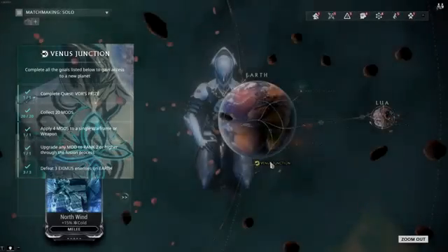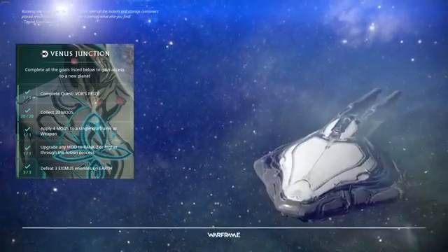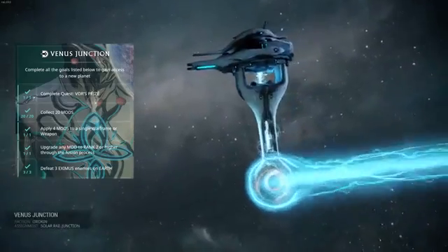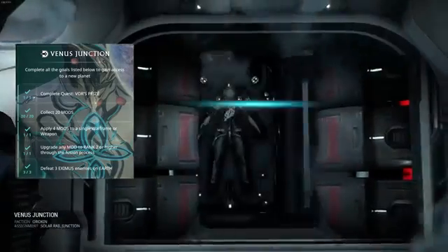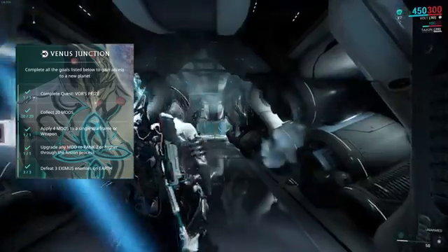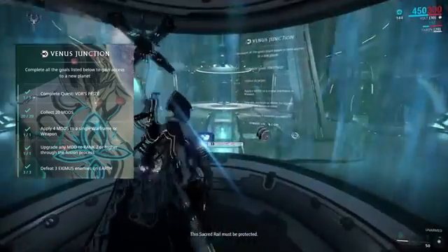Next up in the list was to make my way over to Venus, and to get there I had to complete the Venus Junction. The Venus Junction has a couple of things that I needed to do on it, namely complete Vor's Prize, which is the first thing that we did on the account, collect 20 mods, which was easily achieved through my excavation farming, apply 4 mods to a single Warframe weapon, there were no issues with this one,